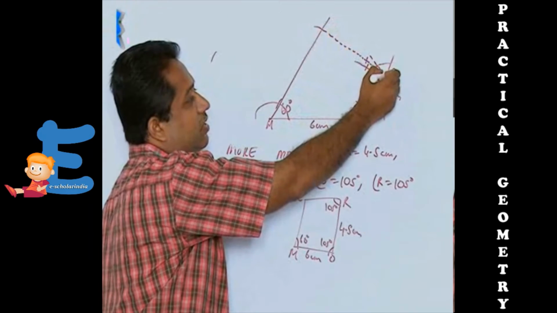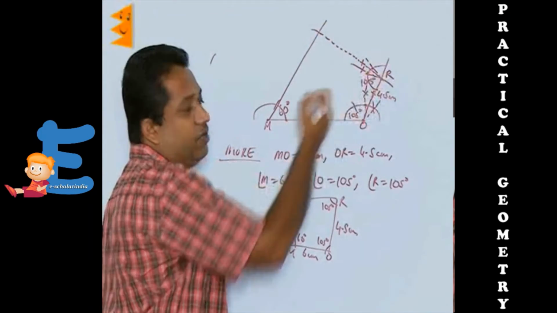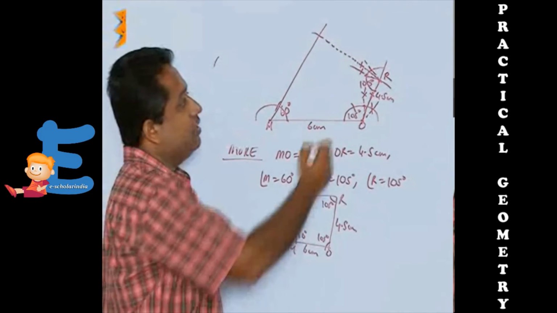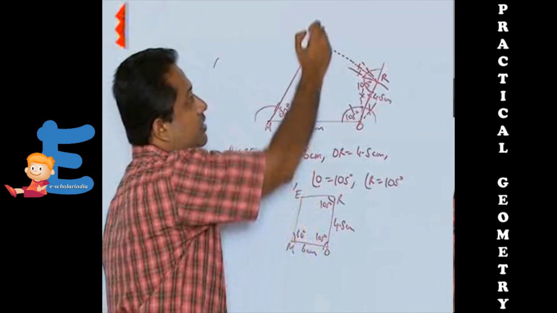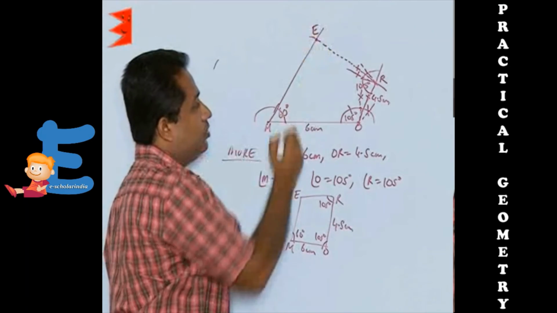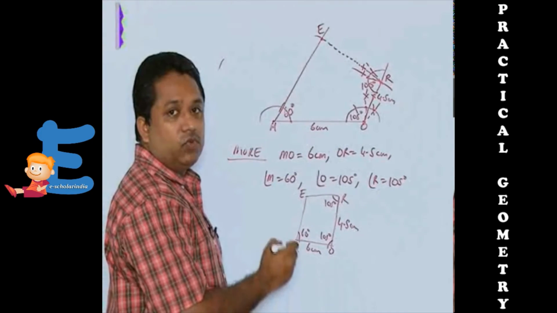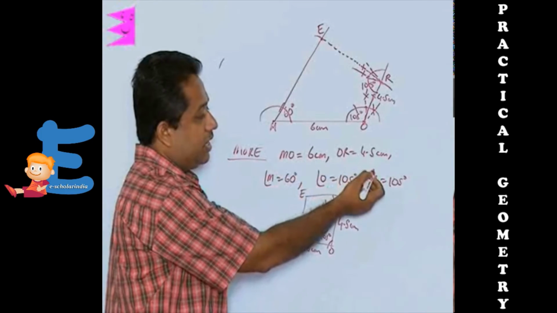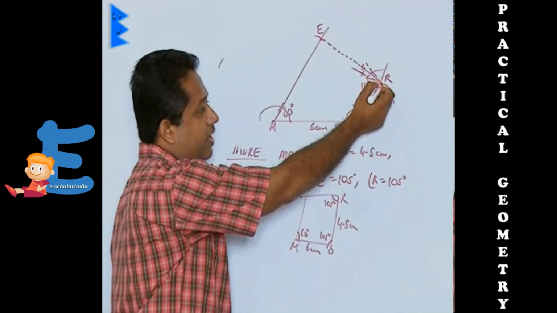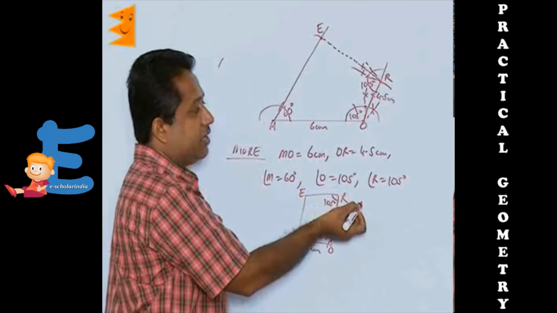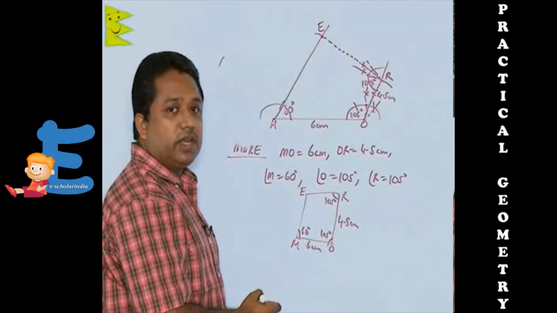So this becomes 105 degrees on this side. The two lines, one drawn from M at 60 degrees and one from R at 105 degrees, are going to meet at a point. This point that is obtained is our point E. So here the quadrilateral that is obtained is MORE, and this quadrilateral is going to satisfy all the conditions as it is given to us. So MO is 6, OR 4.5. We have constructed the three angles that are given to us. So the given quadrilateral has been constructed as per dimensions.